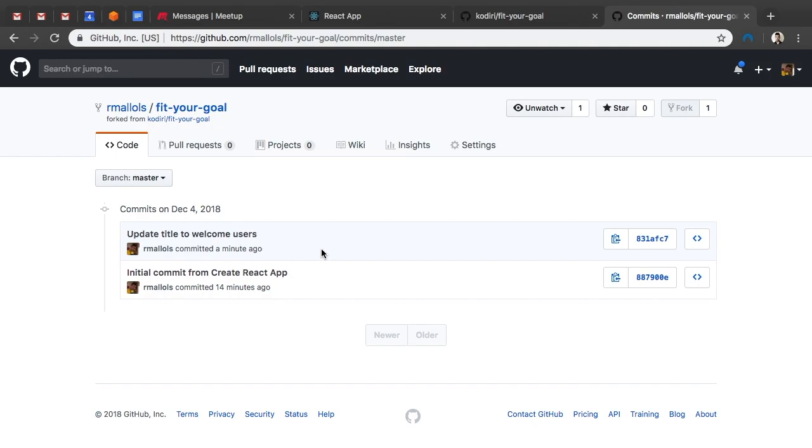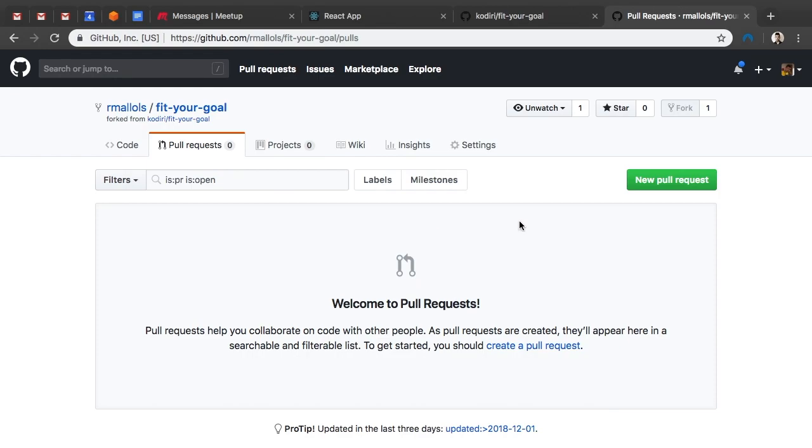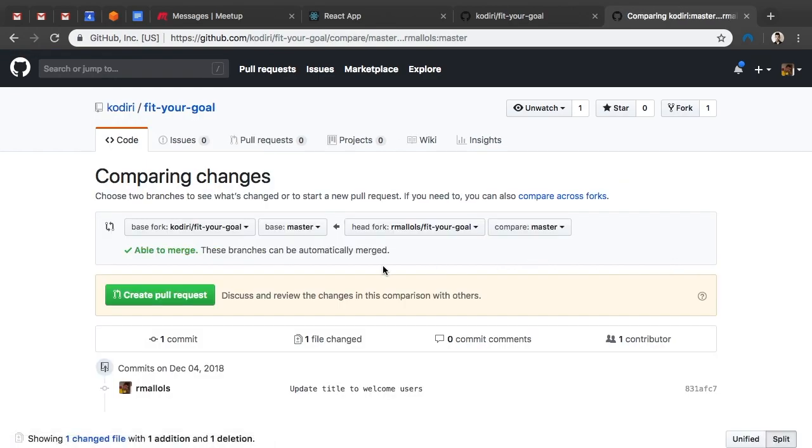So, how do we do the pull request? Well, you know that already. You know how to create a pull request from a branch. But we don't have any branch. We have a fork, which is like a branch, but it's bolder, right? Because it's a copy. So let's go to pull request, create a new pull request, and look, GitHub automatically detects